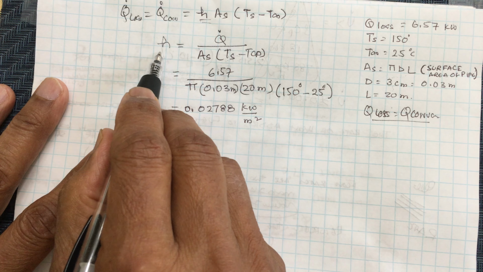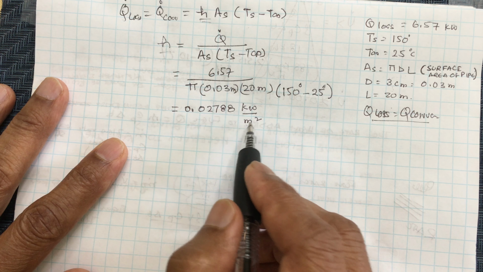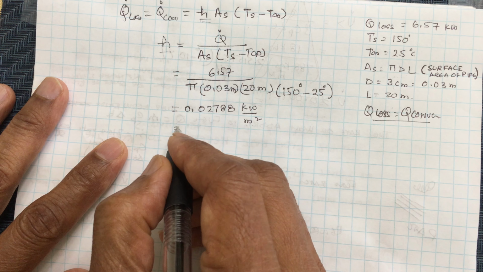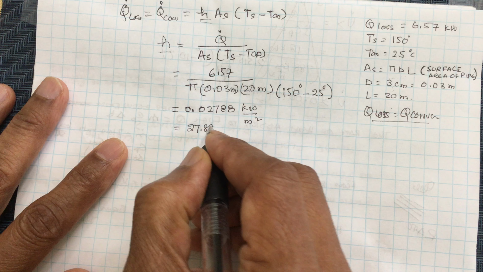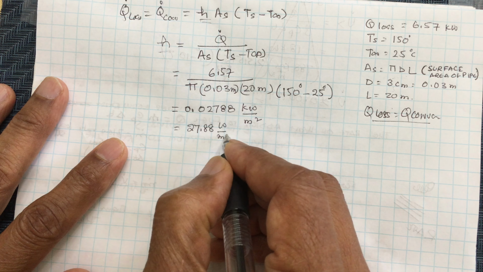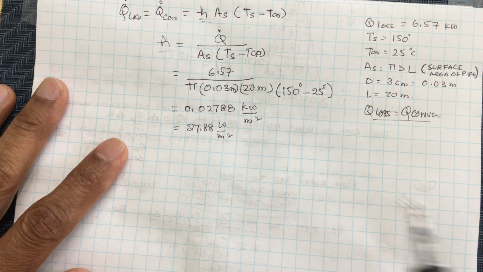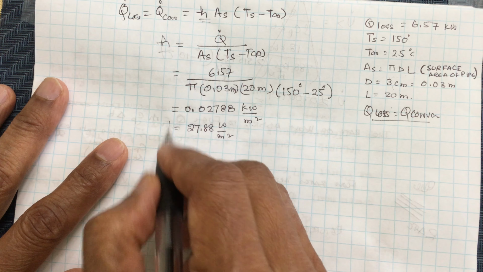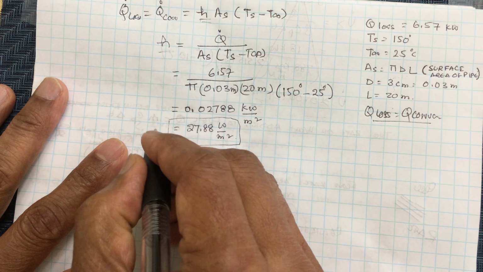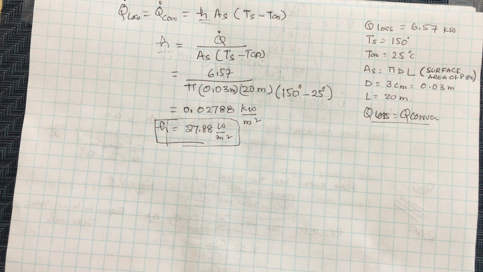Remember the unit for the heat transfer coefficient, it is kilowatts per meter square, but if you put it in terms of watts, it would be 27.88 watts per meter square, because 1000 watts is equal to 1 kilowatt. So you're converting, so this is the second part. This is what the problem is asking for, the heat transfer coefficient. I hope you understood this problem, and